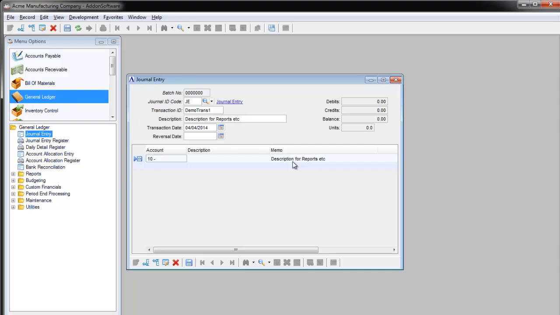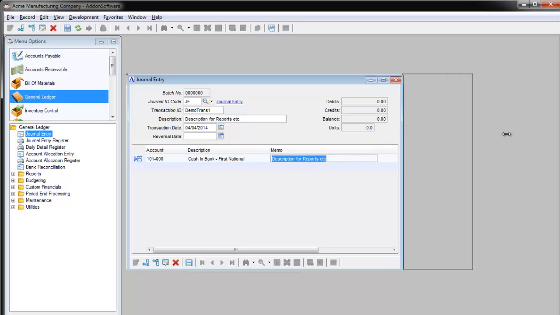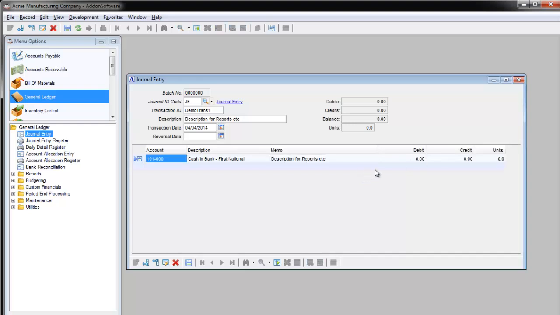We can do a lookup here for our general ledger account, but I'll just go ahead and type one in, and it automatically defaults the description for that account, and it brings down our memo from our description field. Here I'll show you one of the nice things you can do. You can change the size of your columns, of your window itself, and so forth. And we'll just put in something quick and easy here, and this is all just for you to see how this works. I'll save it,